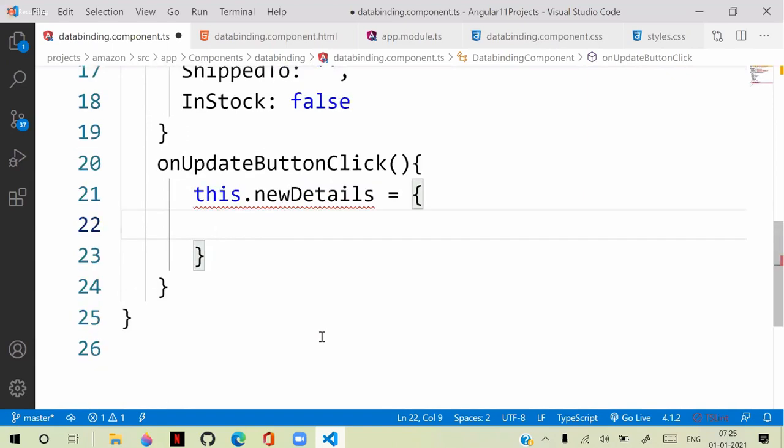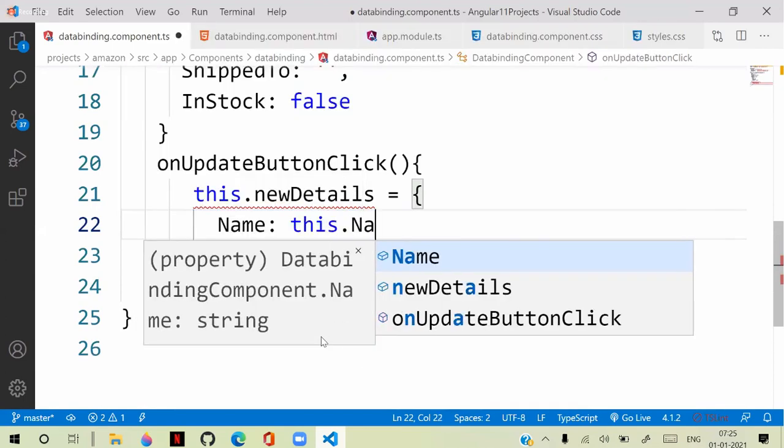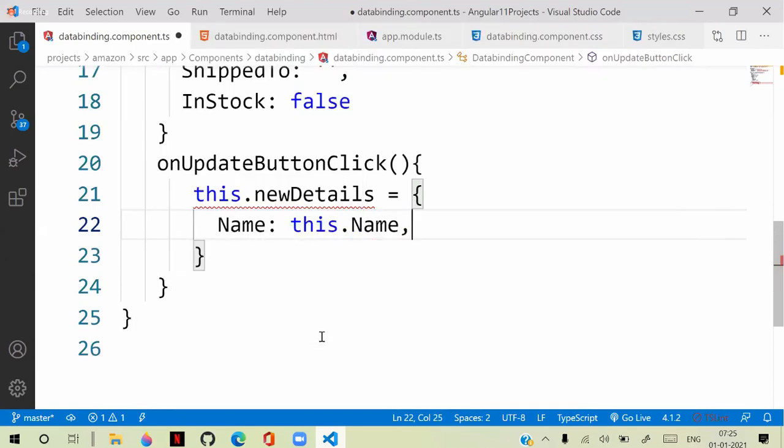Into newDetails, name should come from this.name, which is the text box we attached.